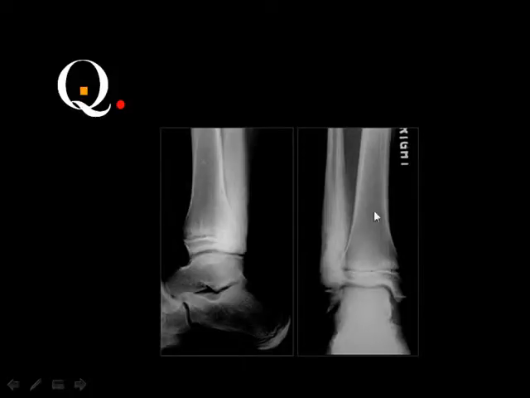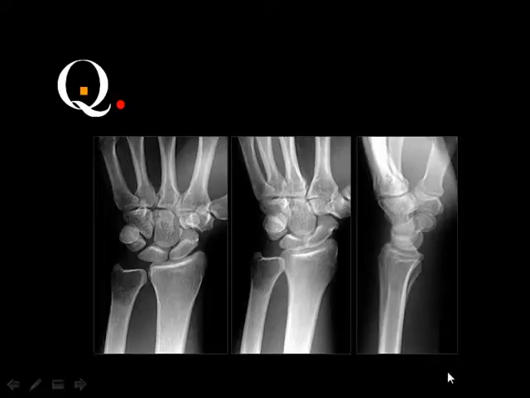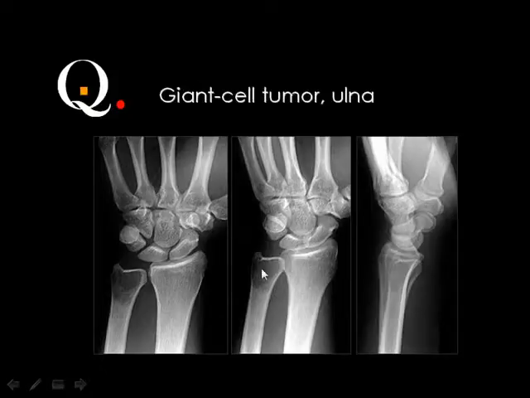Which bone is affected, the tibia or the fibula? The fibula. Benign or malignant? Malignant. Yes, malignant. With sunray spiculations, you can see this is an osteosarcoma of the fibula. Yes, giant cell tumor of the ulna. Okay,